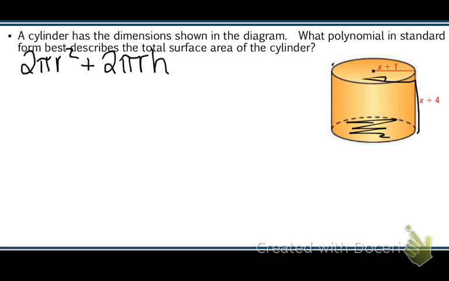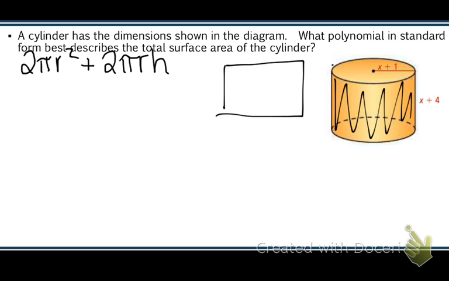Alright. And the reason why the second part is 2 pi r h is because this area of the cylinder turns into a rectangle if you open it up, and this part is the circumference, 2 pi r, and this part is the height. Alright, so now we have that. We're going to plug in our